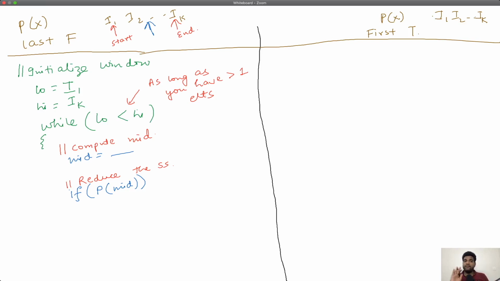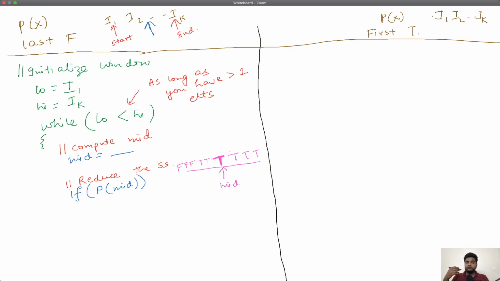Now, if the predicate evaluates to true at the mid, what does it mean? Let's try to see that. Let's say this is your entire search space ordered. This is your mid, and you saw that the predicate evaluated to true here. Remember, your search space is F star T star. So you have T's to the right, and you might have some T's to the left, and then your F's begin and they continue all the way till the start. So something like this, and you know that at the mid you got a T because the predicate evaluated to true at the mid.